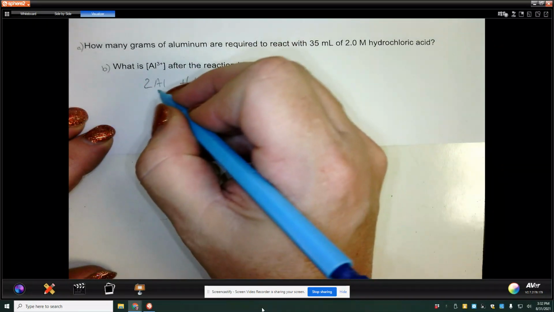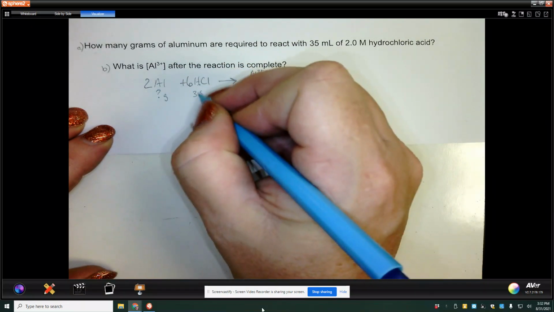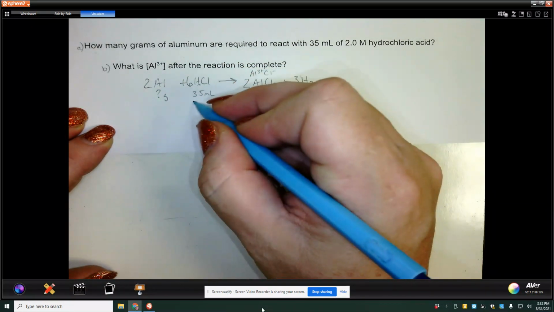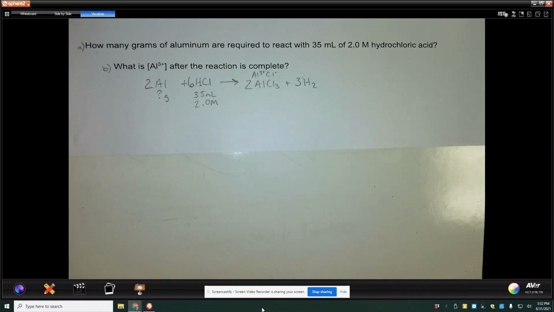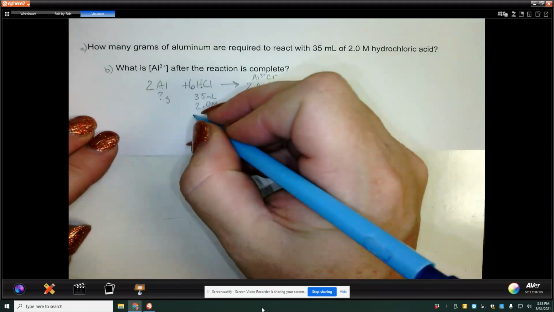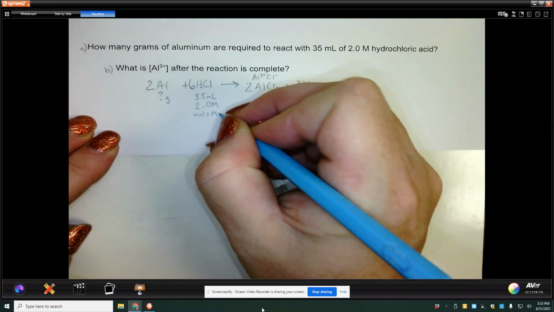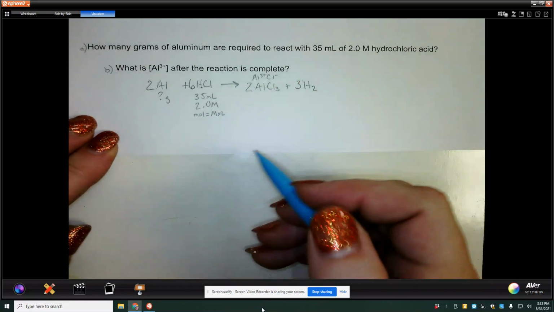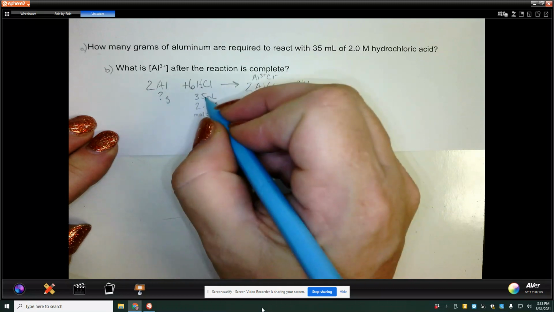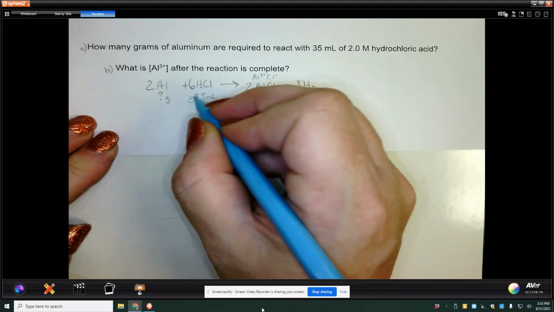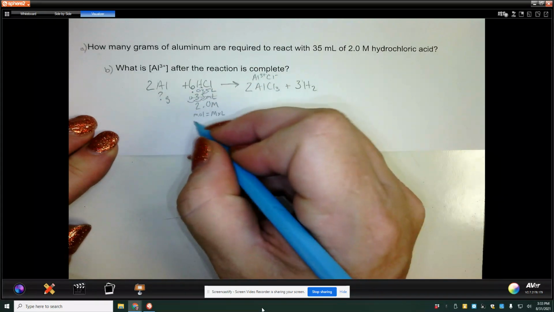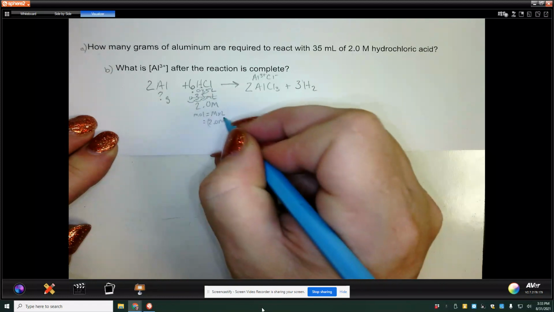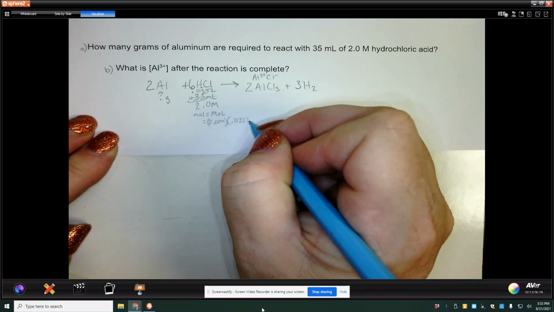Okay, so in part A, we're looking for how many grams of this. We have 35 milliliters of hydrochloric acid, and it is 2.0 molar. All right, so for this one, the first thing we want to do is find our moles. And so molarity times liters gives you moles. Anytime you have molarity and liters of something, you're going to multiply that together to get your moles. Now, this is milliliters, so we have to move the decimal 3 places to get liters. So 0.035 liters. And so if I take 2 molar and multiply it by 0.035 liters, I'm going to end up with